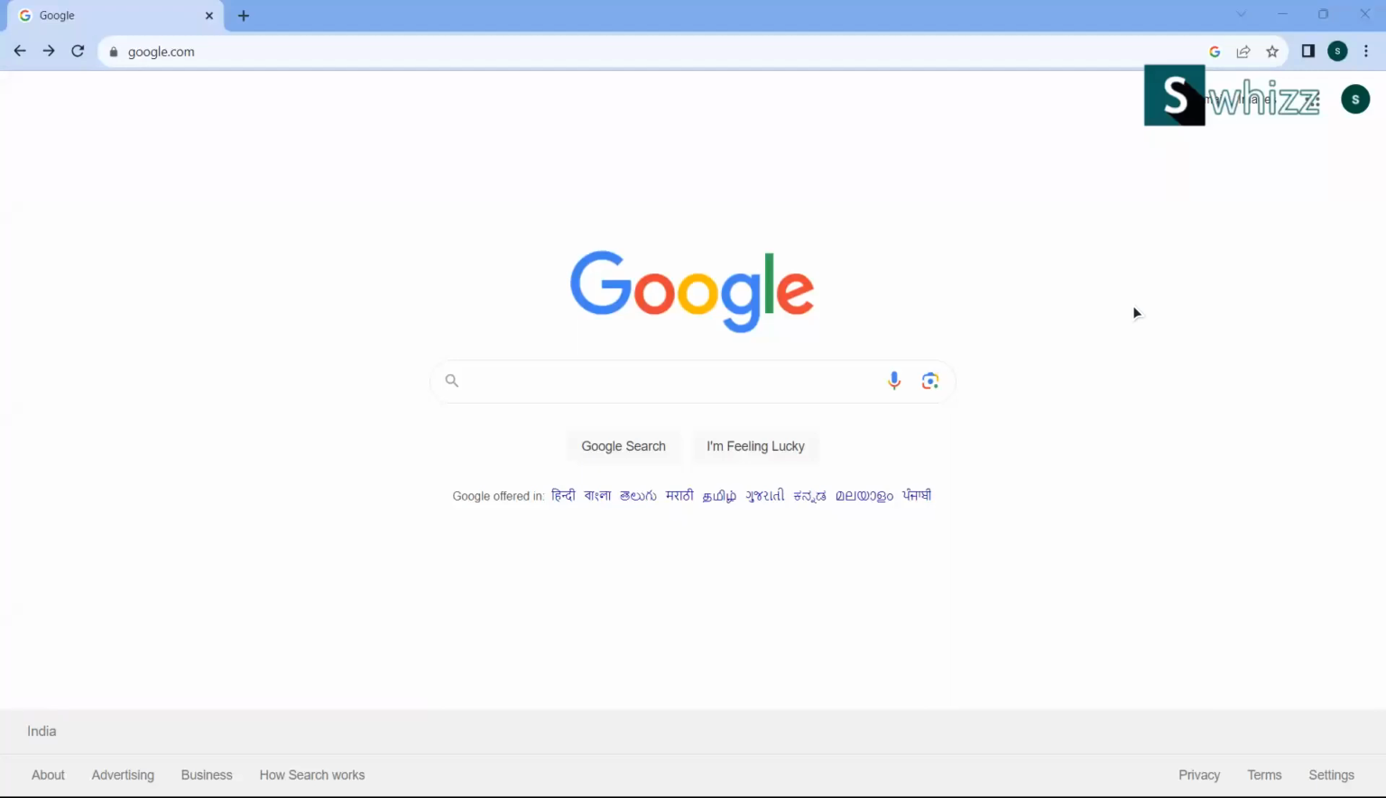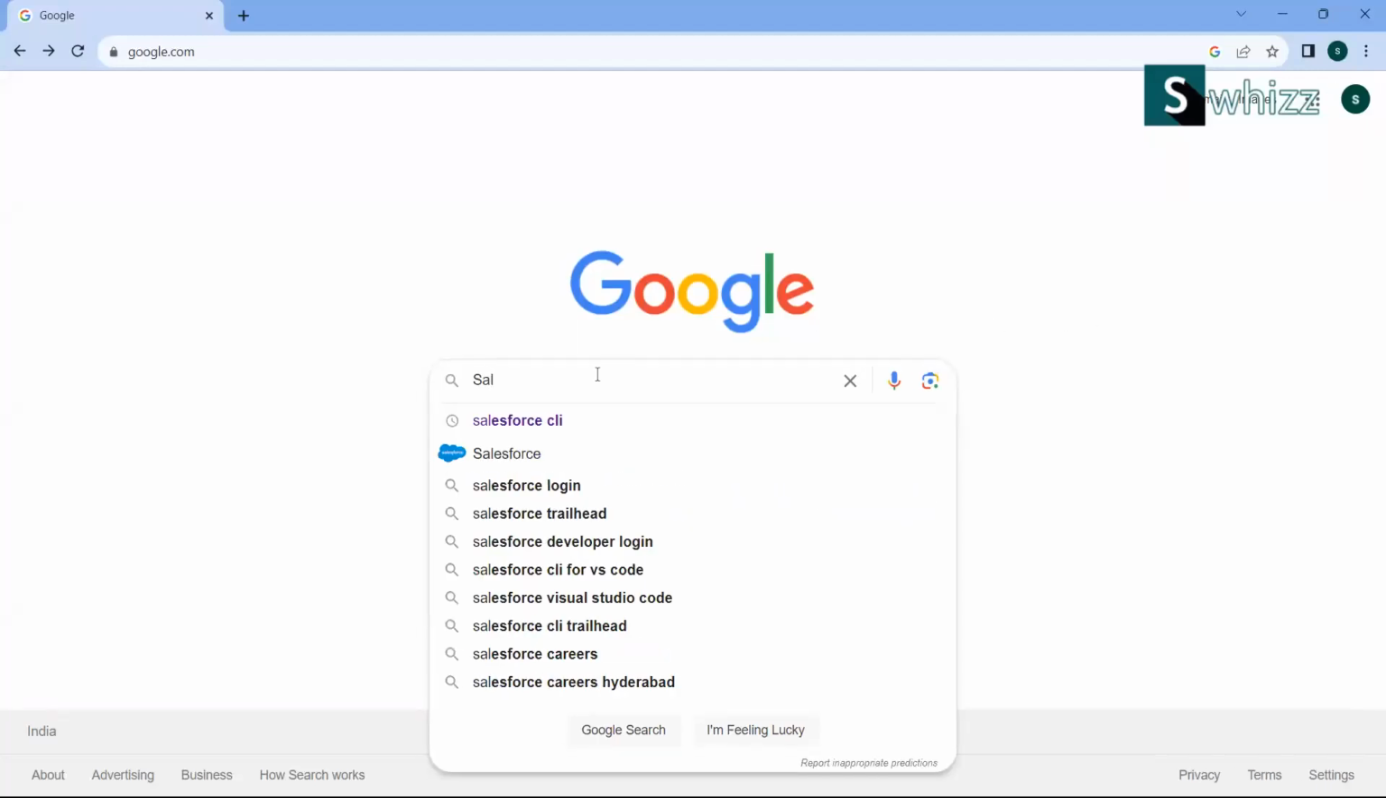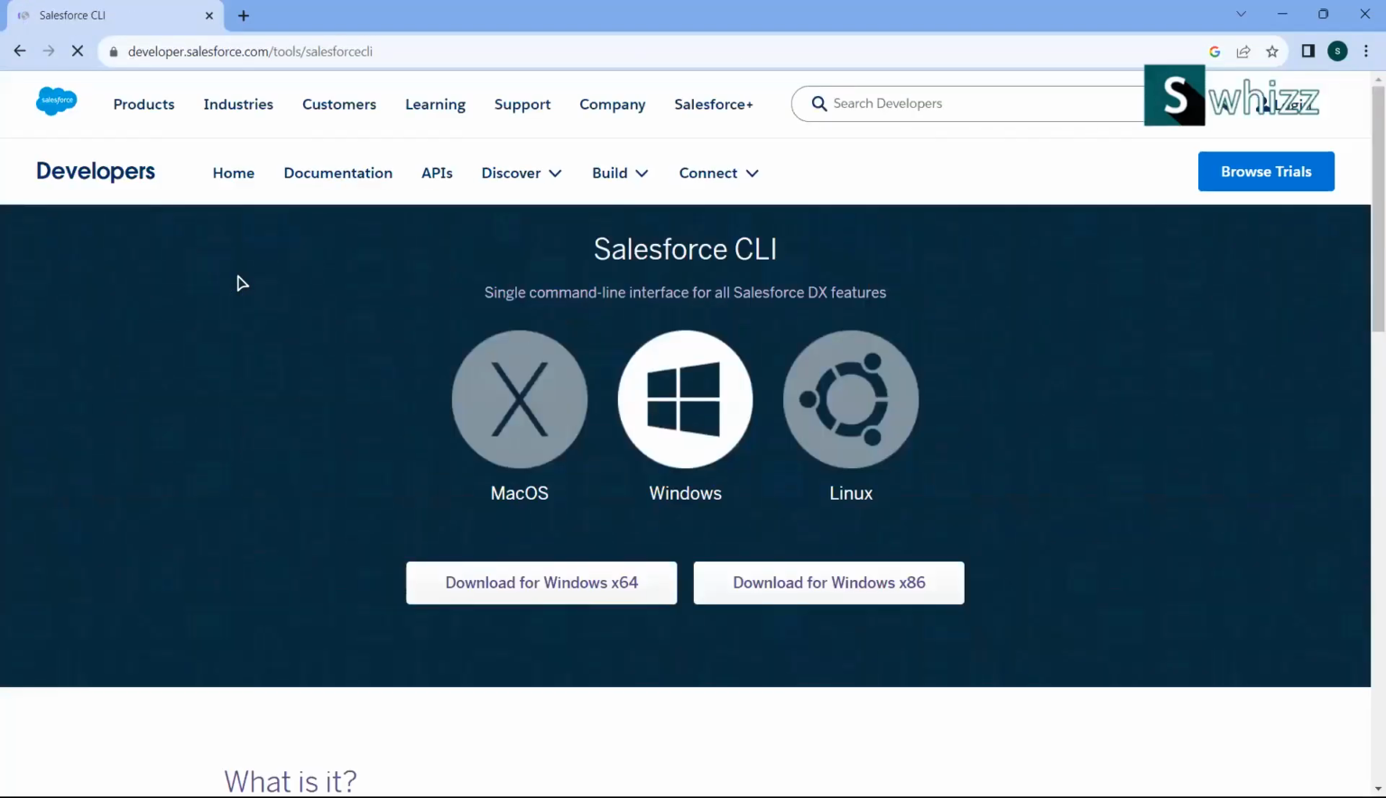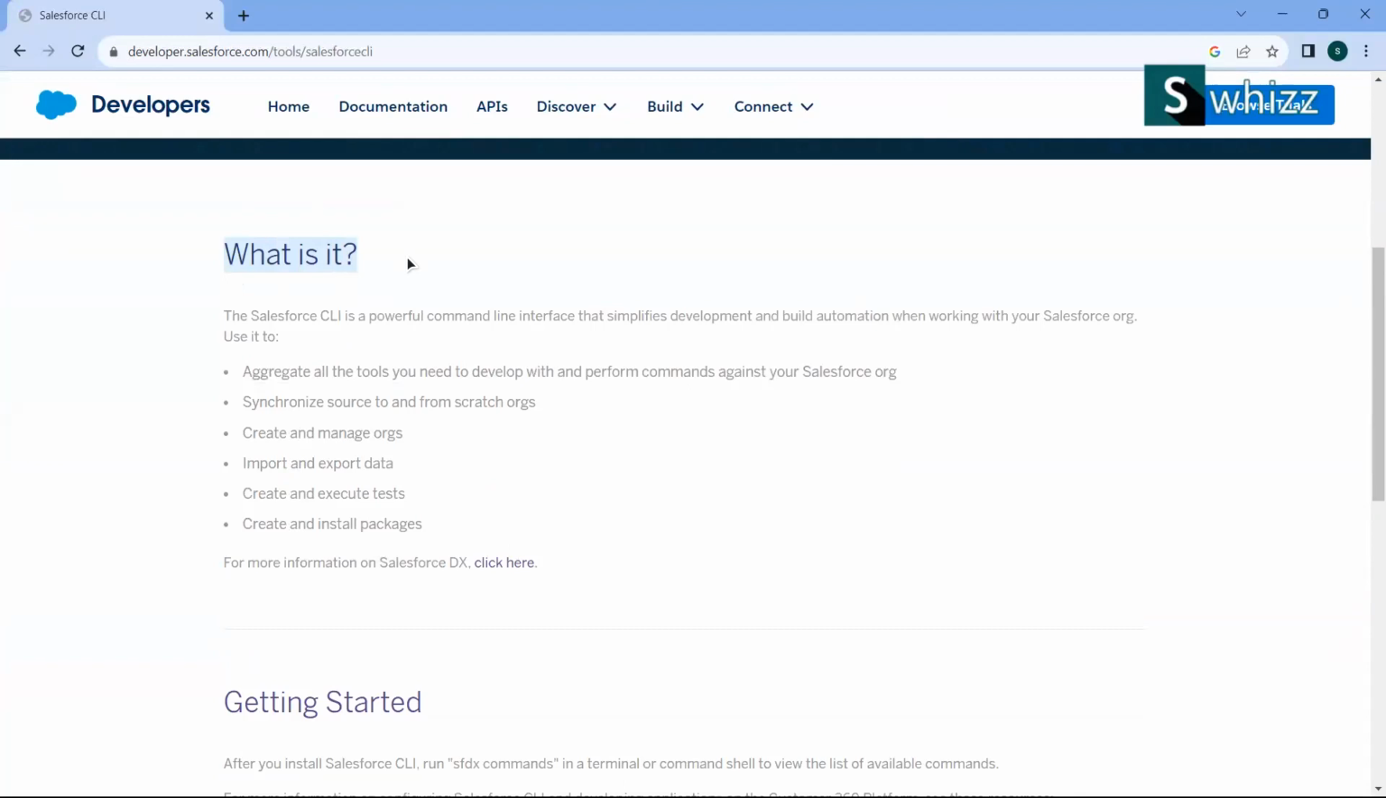What is that? Command line interface. Search in Google for Salesforce CLI and you will get the first link showing you Salesforce CLI. When you go to it, you can see what it is. Salesforce CLI is a powerful command line interface that simplifies development and build automation when working with your Salesforce org. You can use it to aggregate all the tools you need to develop with and perform commands against your Salesforce org. That is, from your local system, you can make some beautiful modifications and customizations to your